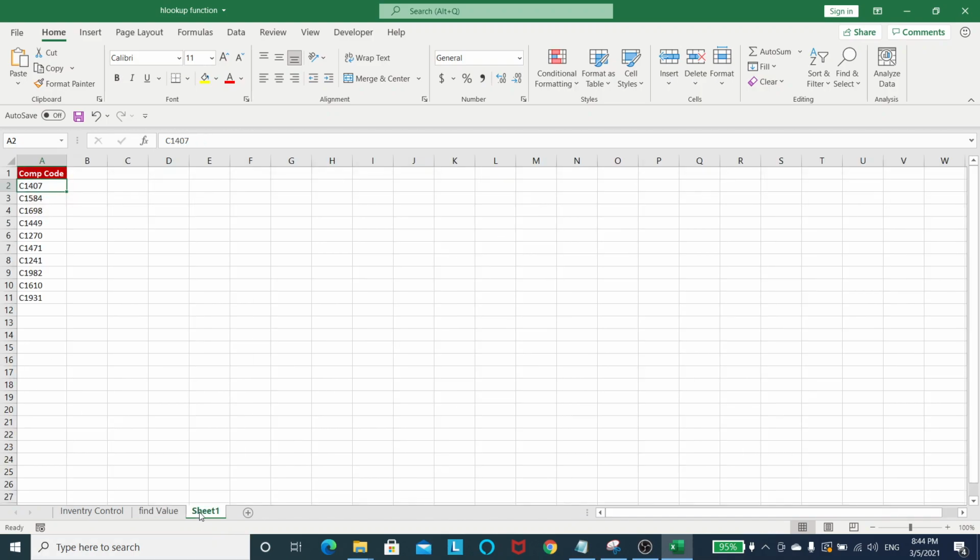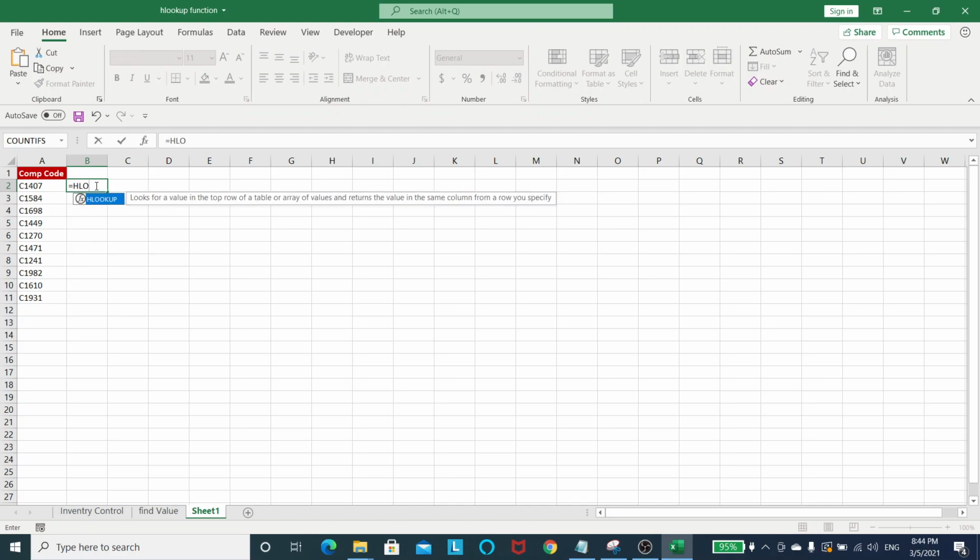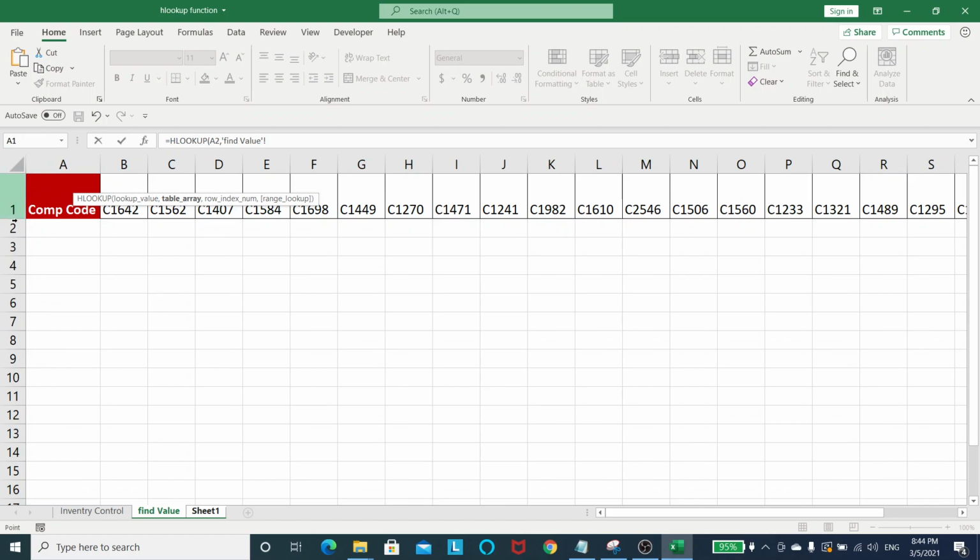So let's find it. How? Just write equal HLOOKUP, press tab, open parenthesis, lookup value. This is my lookup value. Table array: because the data from where I'm extracting exists in the horizontal way, that is why I'm applying the HLOOKUP formula.